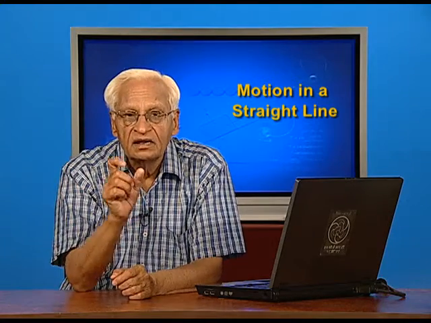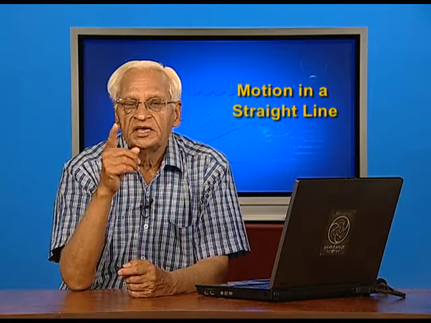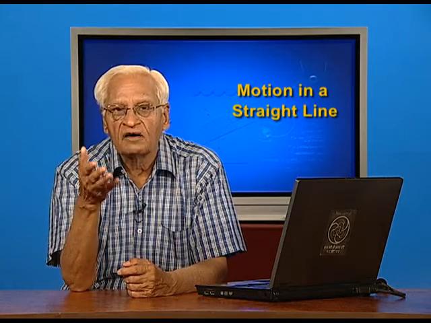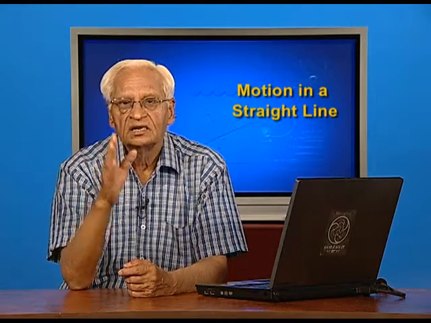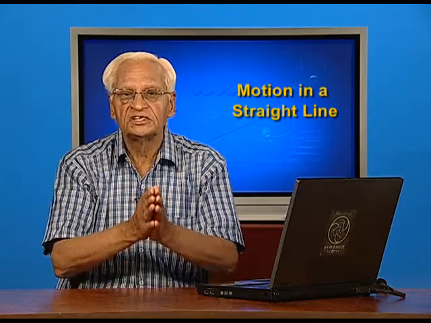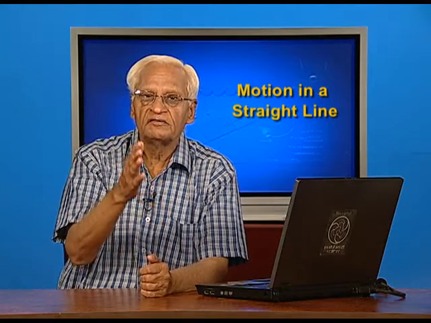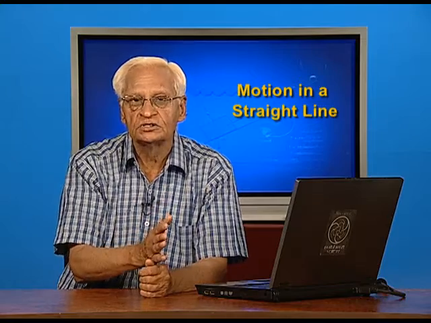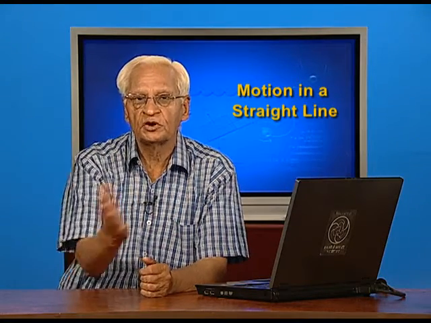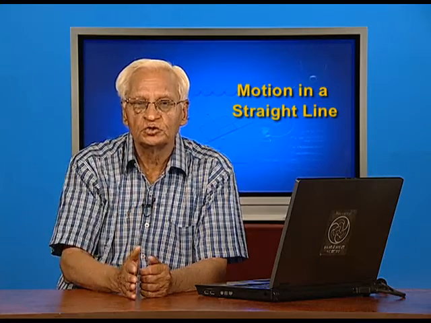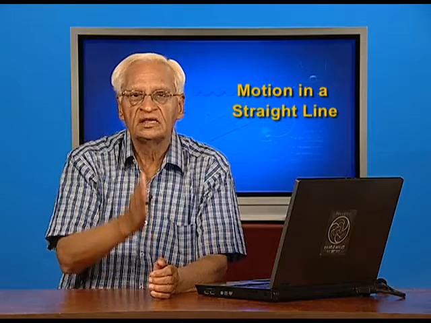2. You may get a situation where you get two values, because the equation s equal to half a t square can give us two values of t. It is a quadratic equation. So, therefore, we have to choose one value which is more suitable. Similarly, v square minus u square equal to 2 a s can give you two values of velocity, because again it is quadratic in v square or u square. Therefore, again we have to use extra information that we might have to choose the correct value.